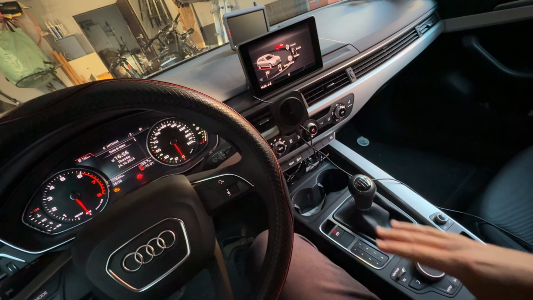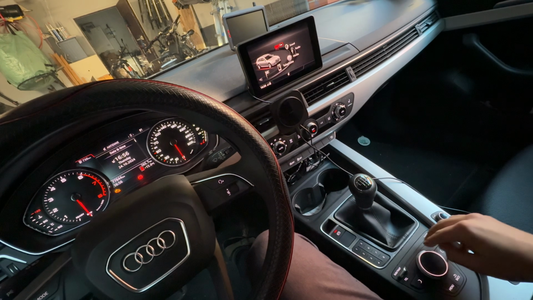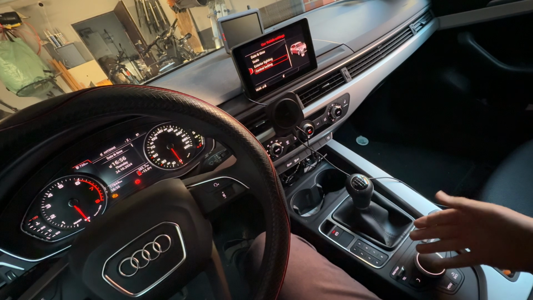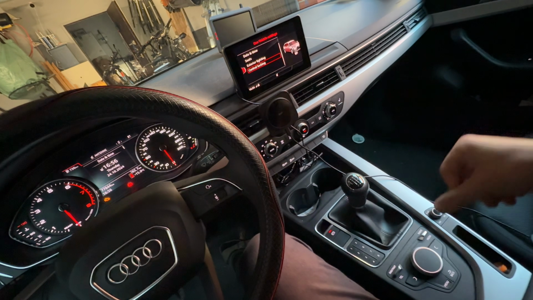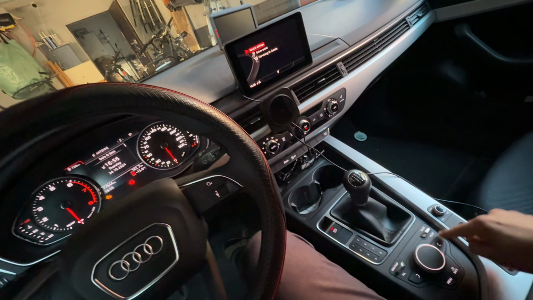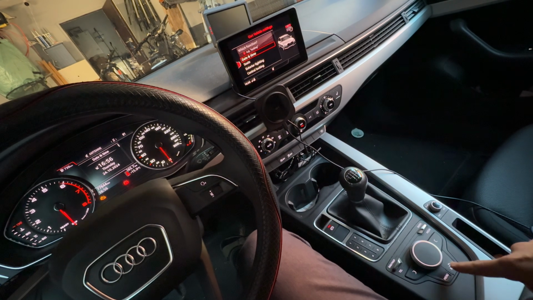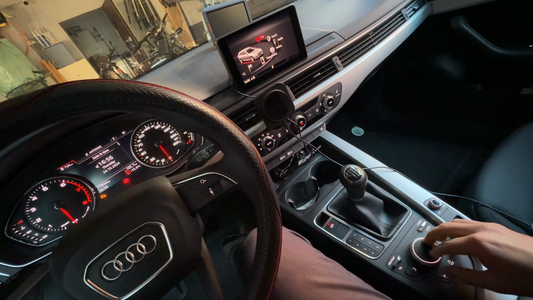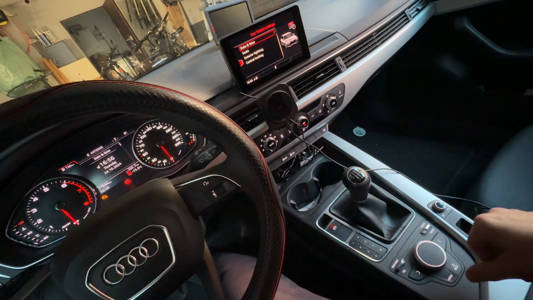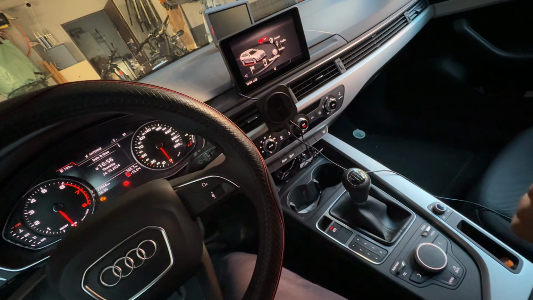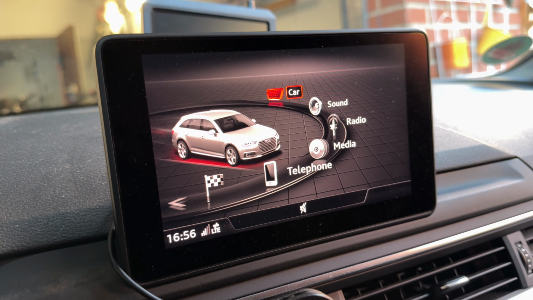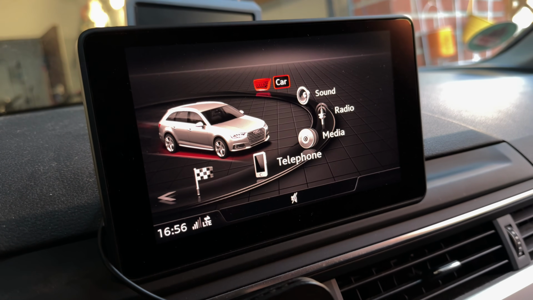To navigate in this system, ignition should be on. You can use this device here. This is a joystick. You can go up and down. You can agree or go to the settings by pushing it down. You can go left, right, up and down with that button too. Left button, right button available. And of course, you have here a back button that means go one step back. Or if you are somewhere deep in the folders, you can go to menu, then you're back on the main screen.